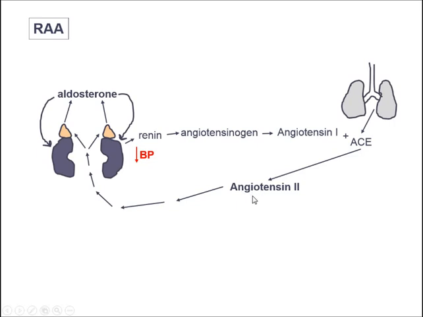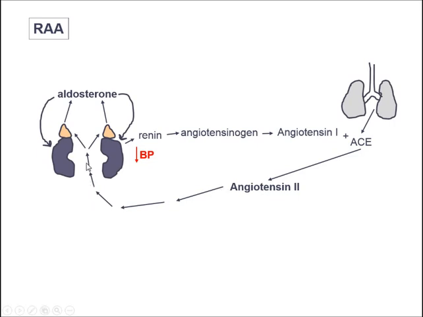Now we say that angiotensin 2 is a potent vasoconstrictor all its own. In other words, it's going to cause vessels to vasoconstrict. Well, in response to low blood pressure, this would probably be a good thing because it would bring blood pressure up, wouldn't it? If we vasoconstrict an area, it will increase the blood pressure. So we'll have vasoconstriction taking place. But that's not the end of the story.